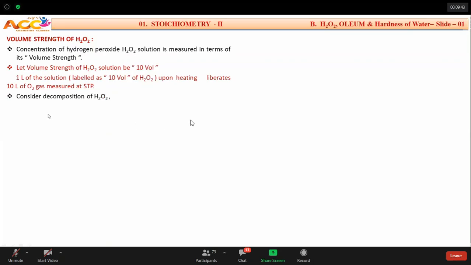Now, let us take conversion. My job is not only the definition, sir. My job is I want to prepare a 0.2 molar solution from the commercial H2O2 sample. On the commercial sample, there is a label of 20, 10, 30, 40 volumes. Today I am doing an experiment with 0.2 molar. How to convert? Come on.